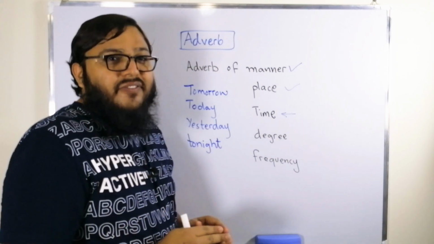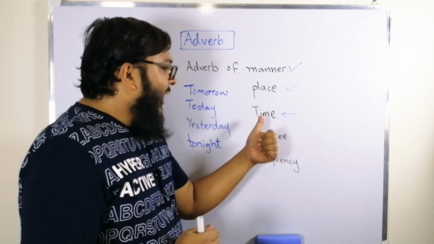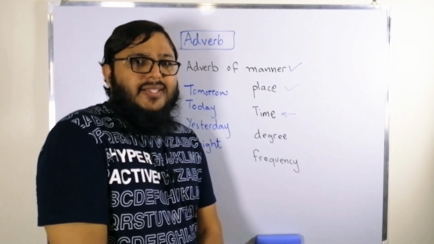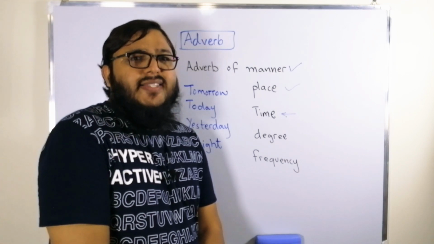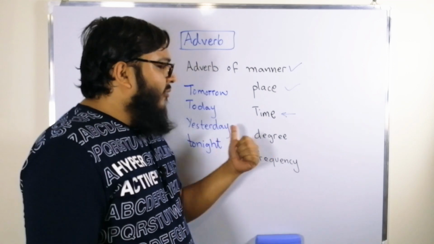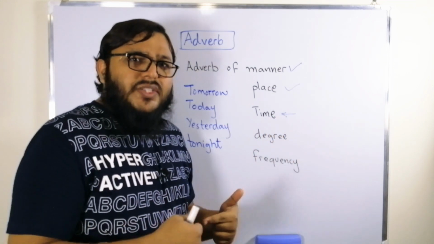These are all adverbs of time because they talk about time. When will you come for the class? I will come for the class next week. Next week is also an adverb of time. So whenever you tell the time